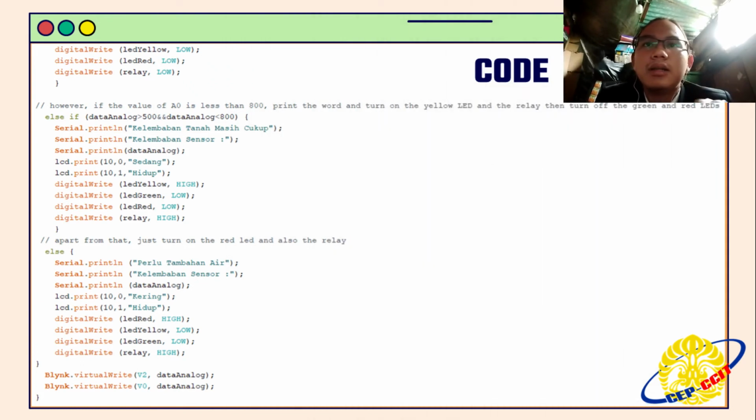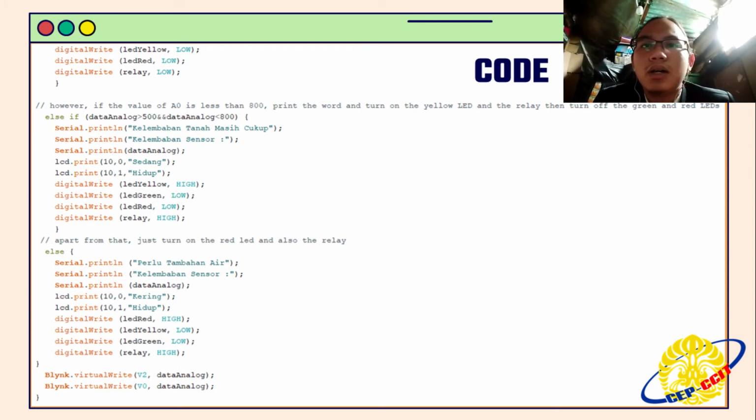And then in the next logic, between 500 and 800, humidity values are normal but we still need water. But this logic can be changed depending on what plants are used in the watering.